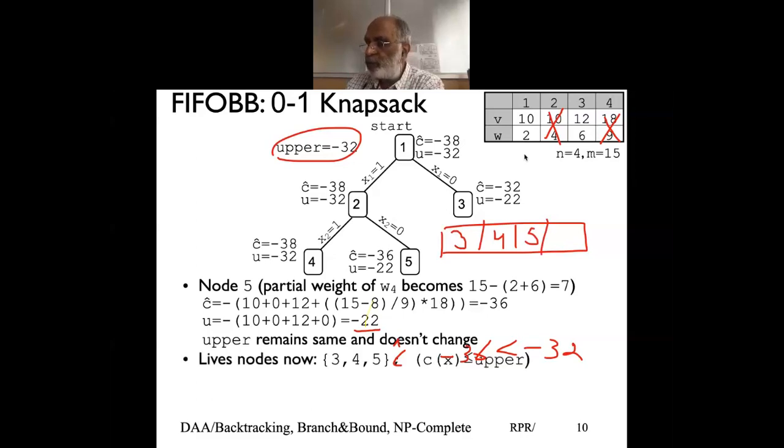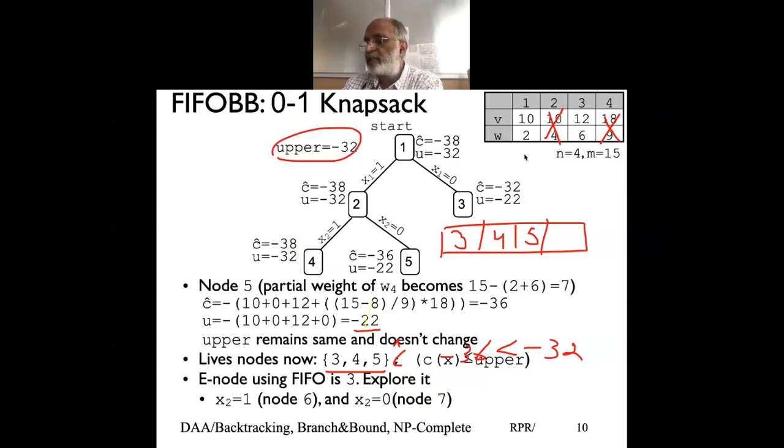They become added to the queue: 3, 4, 5. Now because I am doing FIFO, first in, first out, if it was a LIFO approach, I would have picked up this item because this has the minimum cost, minus 38. But since I am doing FIFO, I will pick this item to explore because it was added to the queue first. That is essentially what we do using FIFO: we pick node 3 to explore and not 4, even though 4 gives me the least cost. And that's the basic difference between FIFO and LIFO.